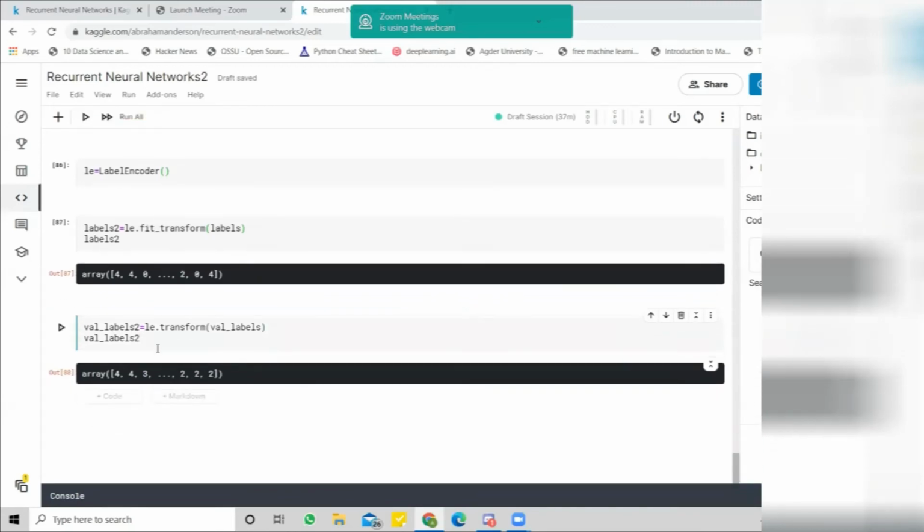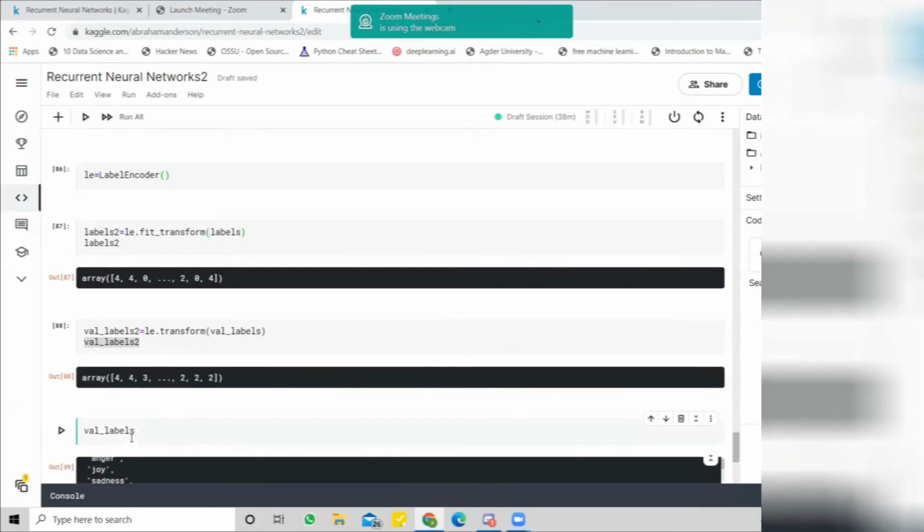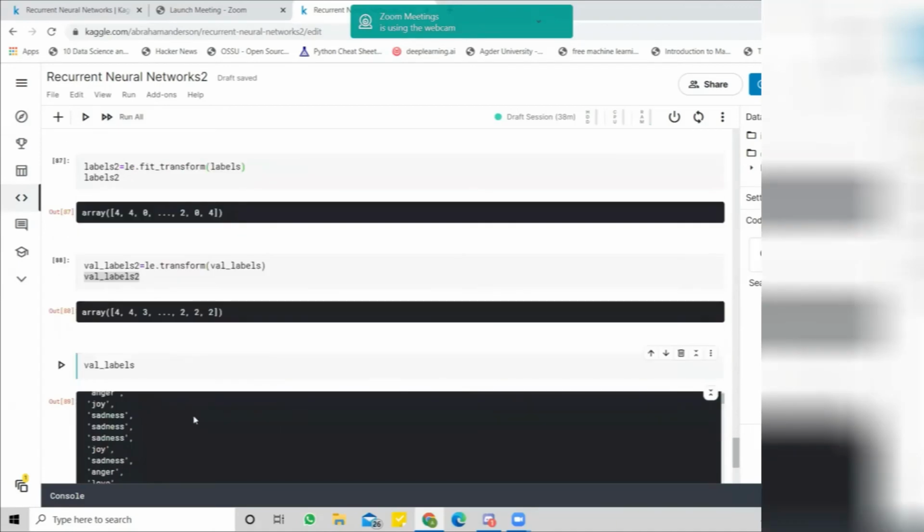Okay. Yeah, I remember correctly. Interesting. Yes, validation labels. So, in order to remember correctly, let's check this one. Not two. Let's see the original ones, right? As you can see, I think sadness has been labeled as 0.